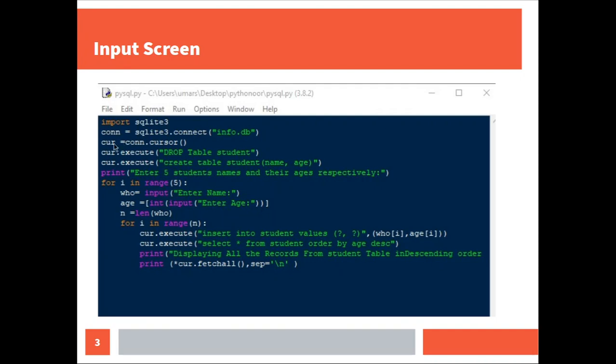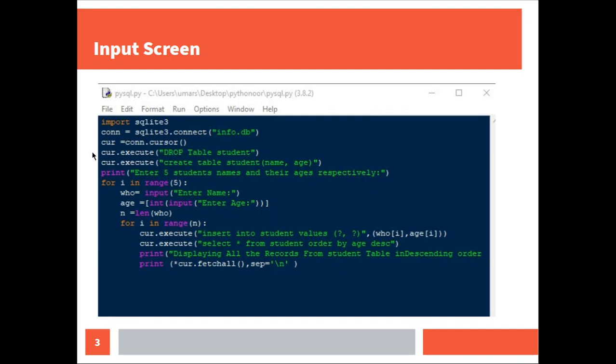It is going to connect this database to the SQLite module, and then next we have to define the cursor. So cur equals conn.cursor(); you can use any variable name. The cursor helps you create a cursor object in whichever variable you assign it to. Then we are going to execute an SQL statement. Here initially, because many times you run the program, you may create a new table, so we can use this statement to drop the previously existing table.